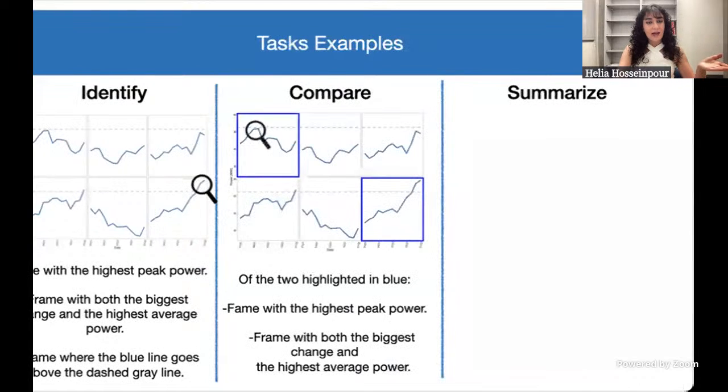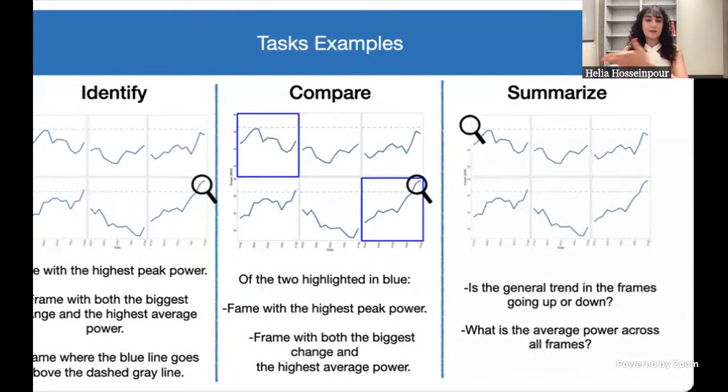In compare tasks, participants were shown 2 highlighted frames, and they had to compare between them. And finally, in the summarize tasks, participants were asked to determine overall trends or provide an average power across all frames. And for example, this is the way they might do that. They might also look at the